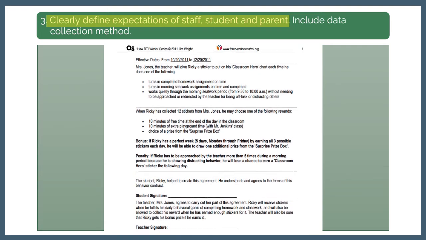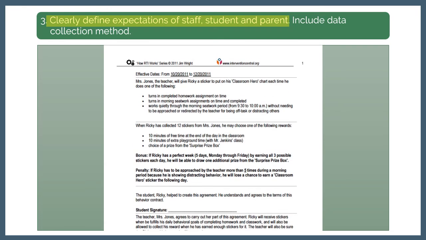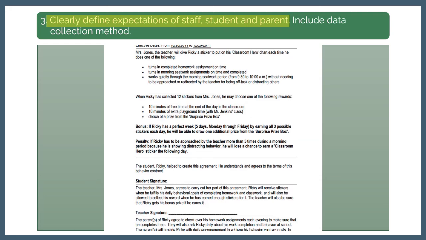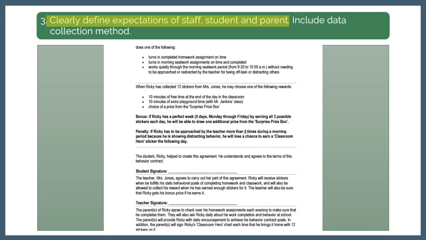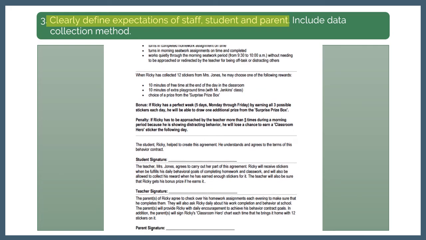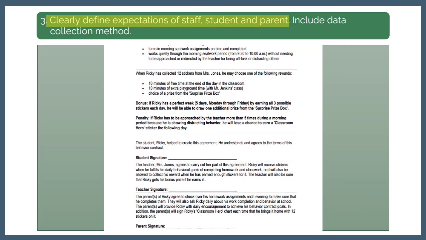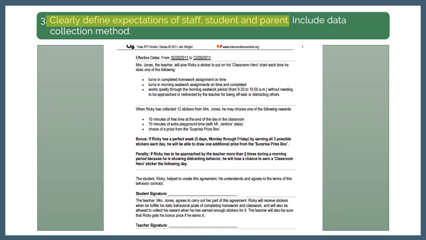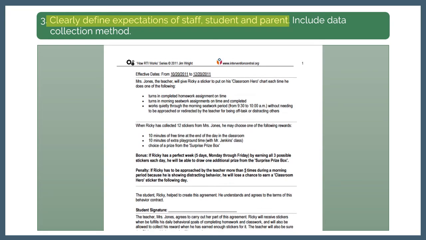We will discuss data collection in a moment. However, you can see in this example that data collection is completed by simply counting the stickers earned each day, as well as counting the occasions that Ricky earns the reinforcement or the bonus reinforcement. Although the content of this plan is more elementary in nature, the general format can be easily adjusted to meet the needs of your student at any age or developmental level. This example was typed. However, you may wish to have the student handwrite or type the contract with the support